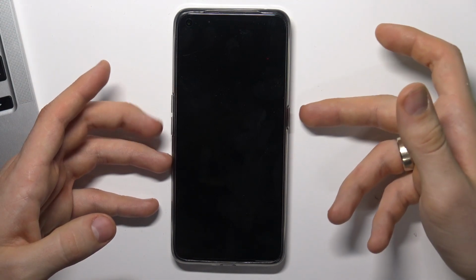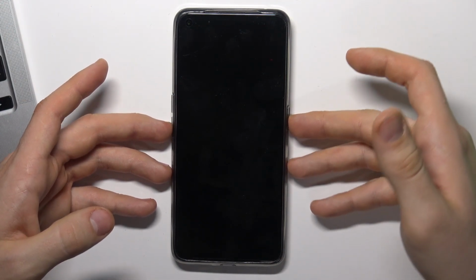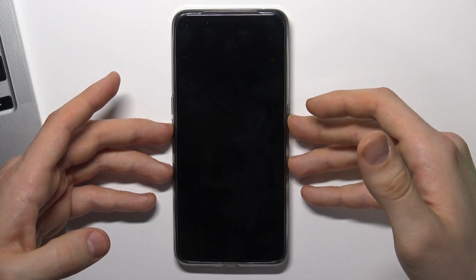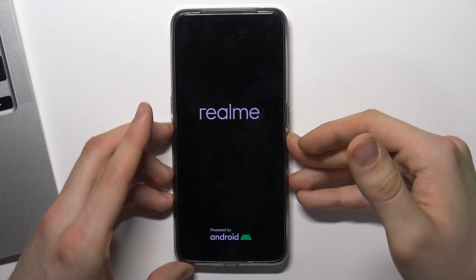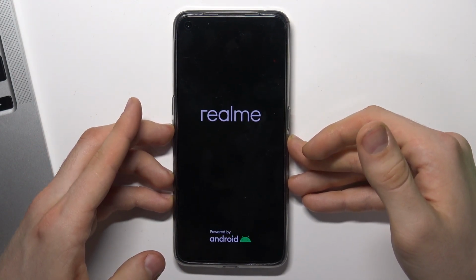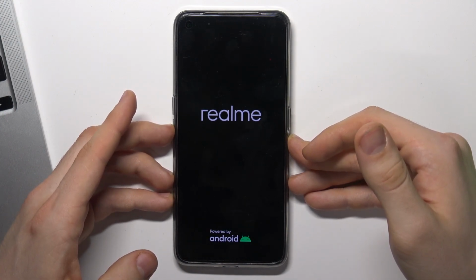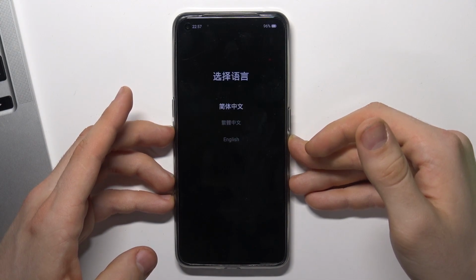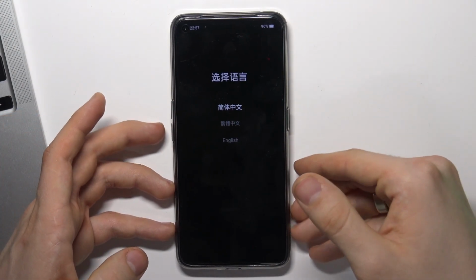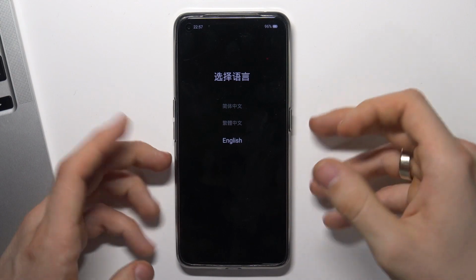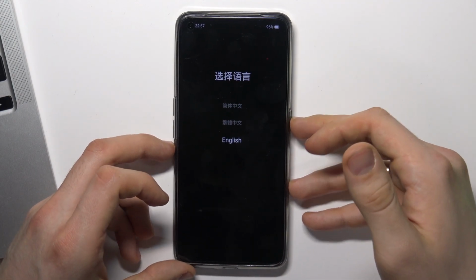Then just click and hold together the power button and volume down button. Release the power button when the Realme logo appears on your screen, but still hold the volume down button. Here, click the volume down button twice to choose English and choose